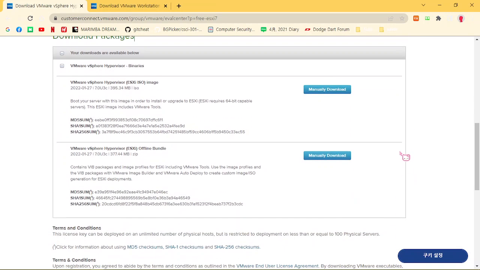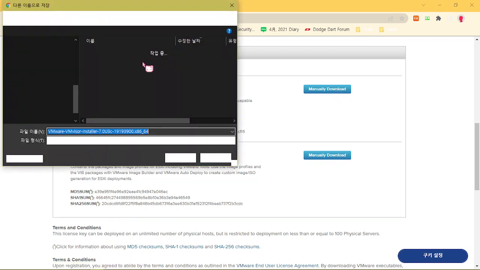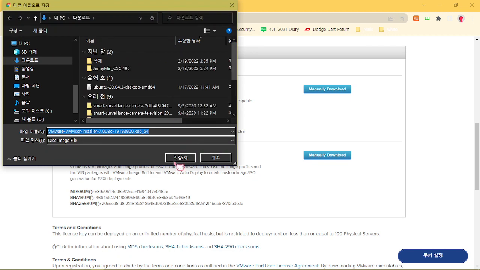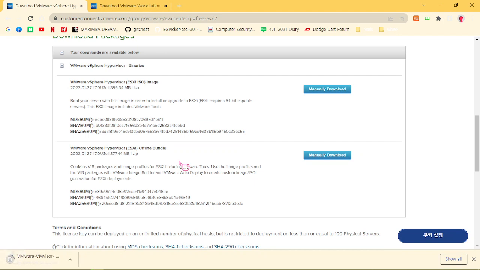Then, if you scroll down a little bit more, there are 2 sections you can download. We're gonna download the image file. That's going to be the first one, the ISO image. Download the file. You can manually just enter the path you want to. While this is downloading,